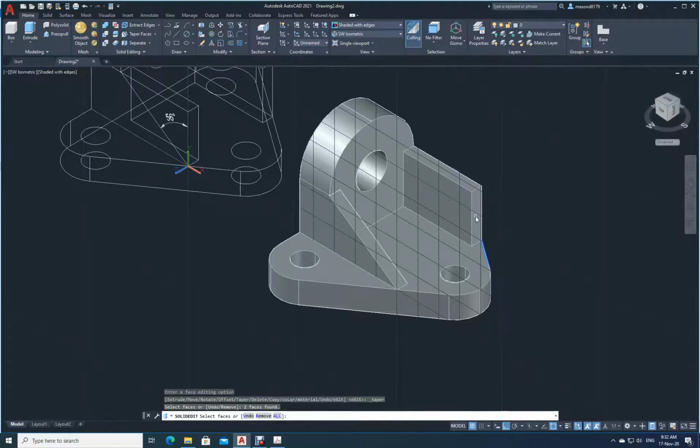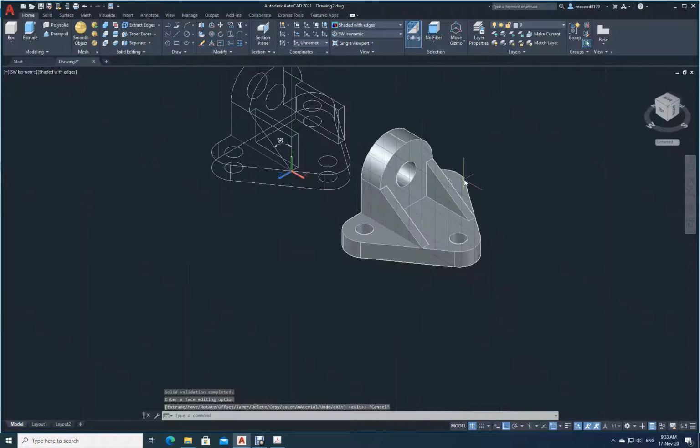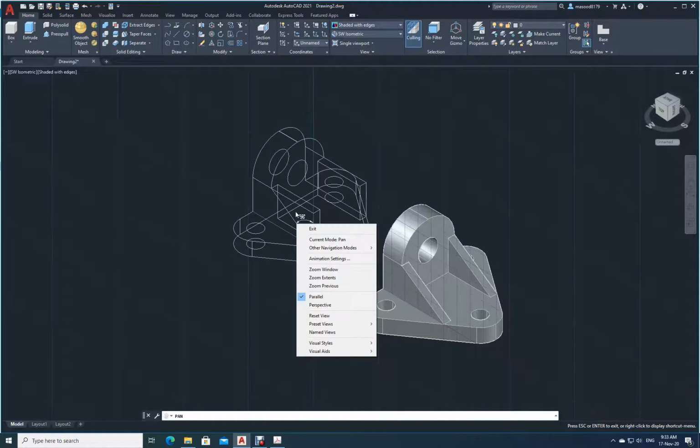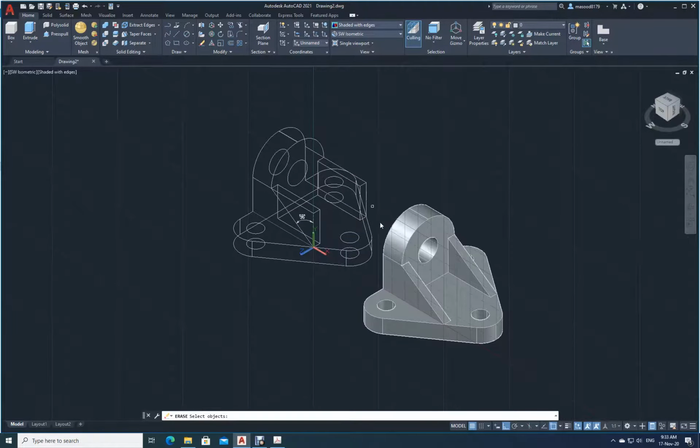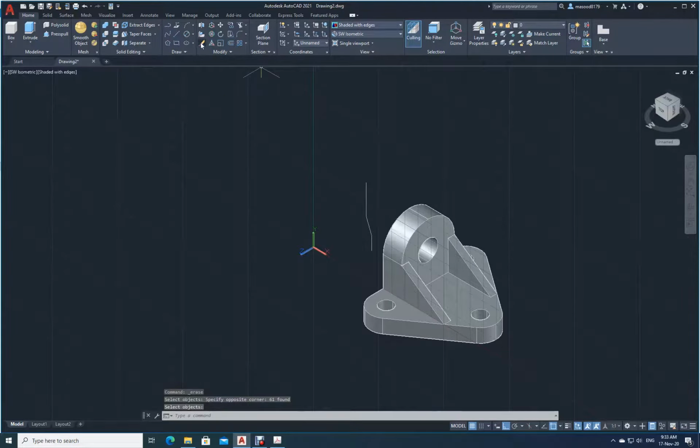Now let me go and select taper faces again. Select this face, taper faces. I have selected the face. Enter. First point is this one. Second point I will select here, and then it is asking me specify the taper angle, 56. Escape. Now see, your complete drawing is done now. So what I will do is I will just delete these edges which I don't need. I just extracted the edges to find out that angle.